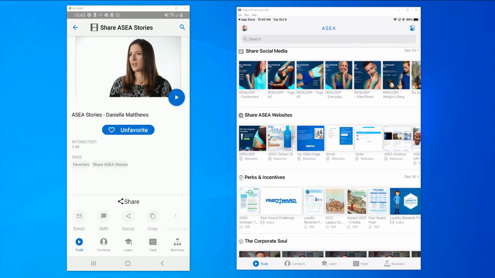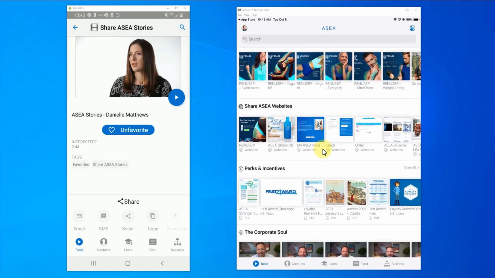So does anybody have any other questions about the functionality of the app or anything that they'd like me to discuss or talk about? Okay, someone did ask here in the questions about social media sharing. Let me take some time and do that. That's for Brad here in the chat.